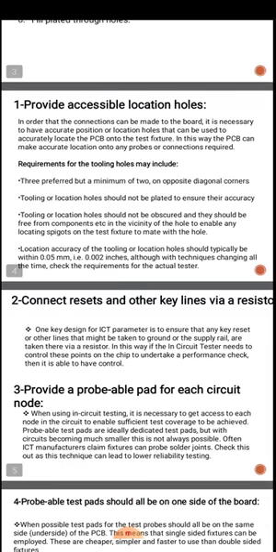And the last point is location accuracy of the tooling or location holes should typically be within 0.05 mm, that is 0.002 inches, although with techniques changing all the time, check the requirement for the actual tester.